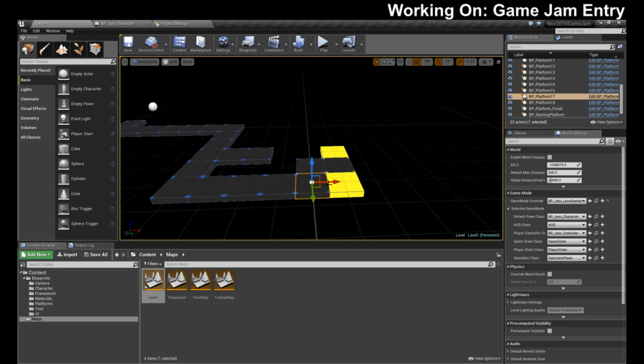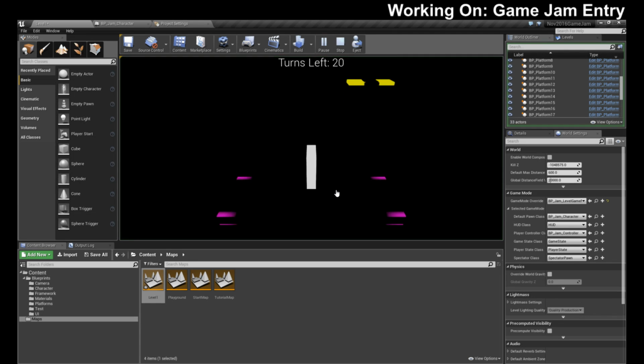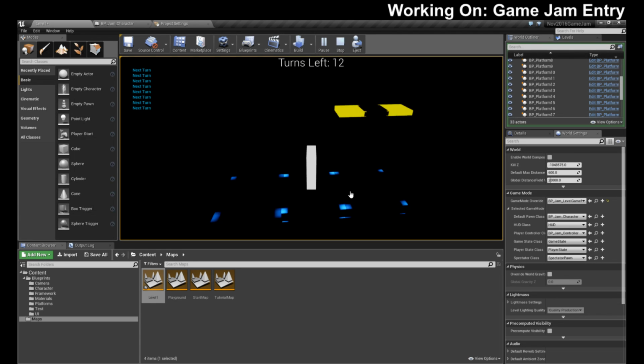There we go. Okay. Just to teach them that the most direct route is not the best route. There we go. But we'll still allow them to. They should still be able to make it to the end even if they screw up. So we need to time that one out.